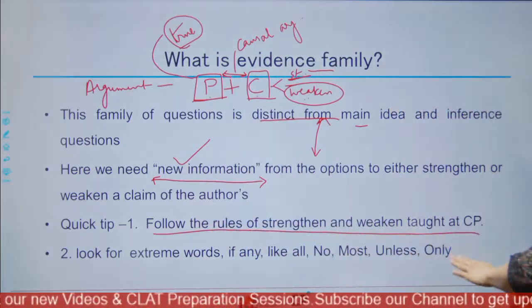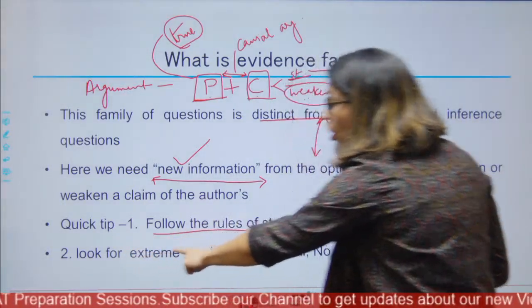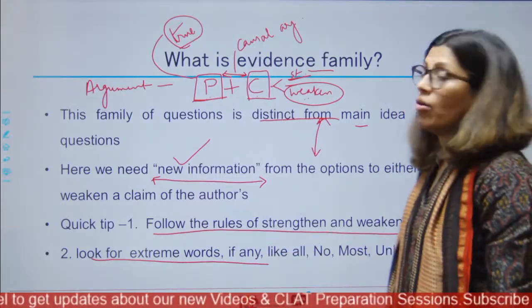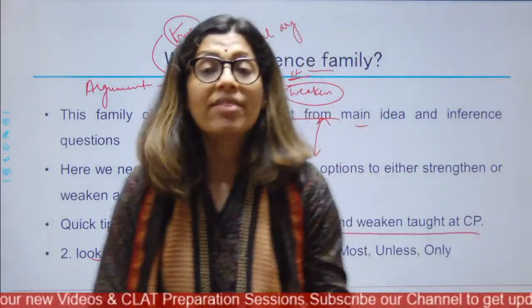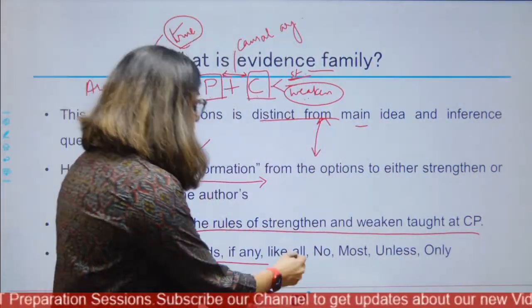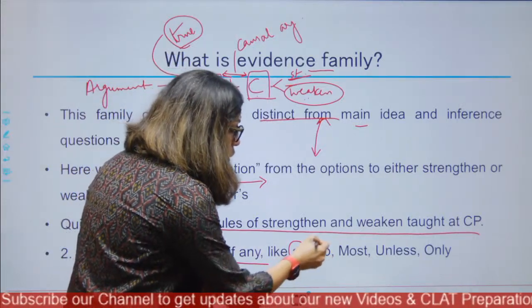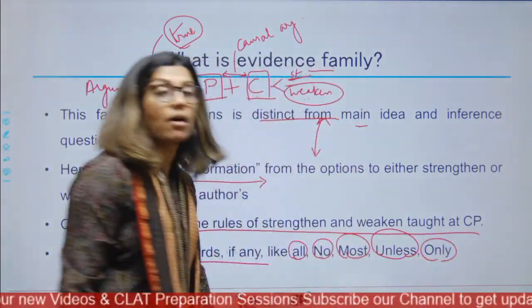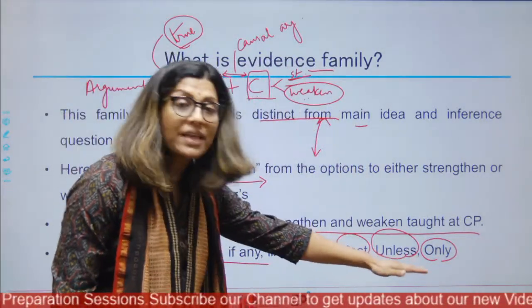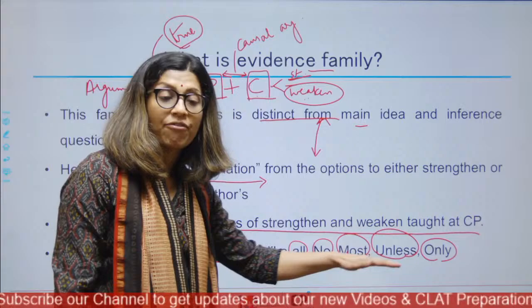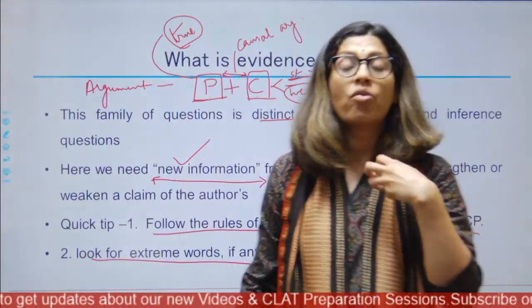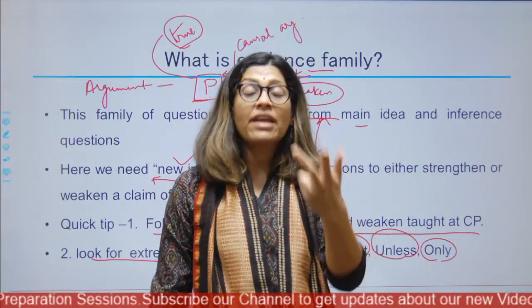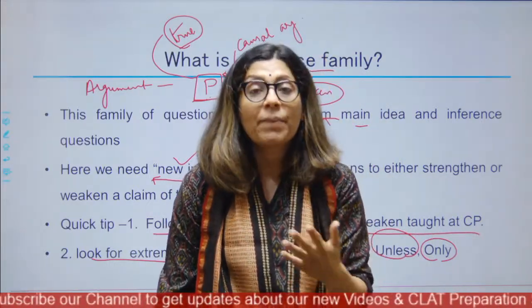follow the rules, right? And second, look for extreme words. Now, this quick tip I am giving you as a bonus. Most of the time you will notice that your strengthen and weaken answers will have words like all, no, most, unless, and only. If these words are present in an option, read that option carefully. Chances are that such types of answers which contain no, all, none, unless, only, these will be your strengthen and